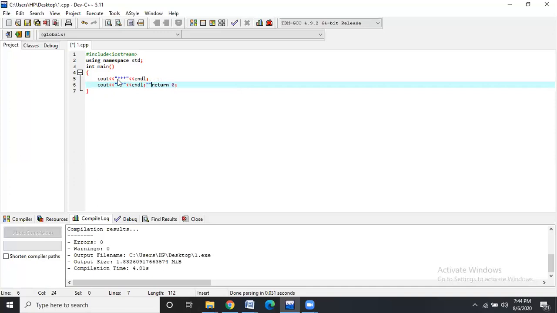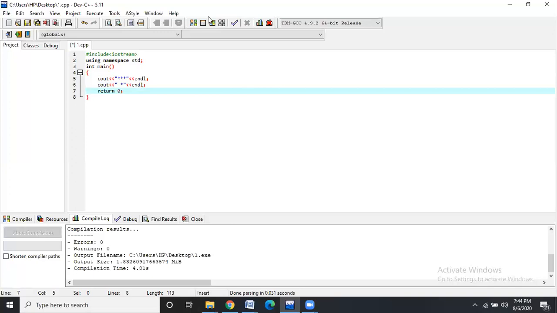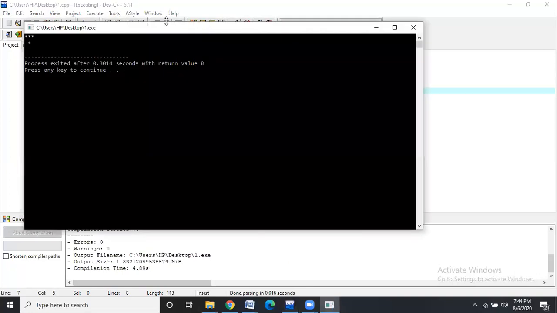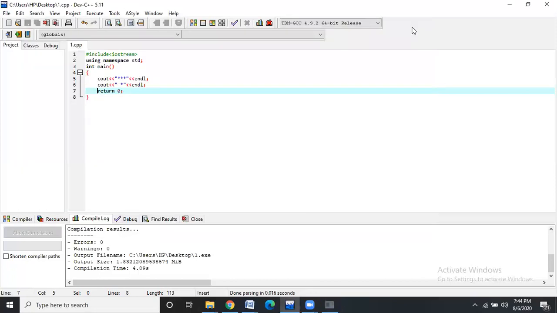Okay, so let's run that. So you can display anything with these quotation marks. You don't need to write any formulas, any whatever. I mean, obviously you can write a formula that takes the input of how many stars you want in the first line, and you write 3. So it prints 3 stars, and then 2 stars in the next, and then 1 star in the next, and 0 in the next. So you can write formulas and all that. But right now we're talking about the simplest program, the simple display program, and that's how you do it